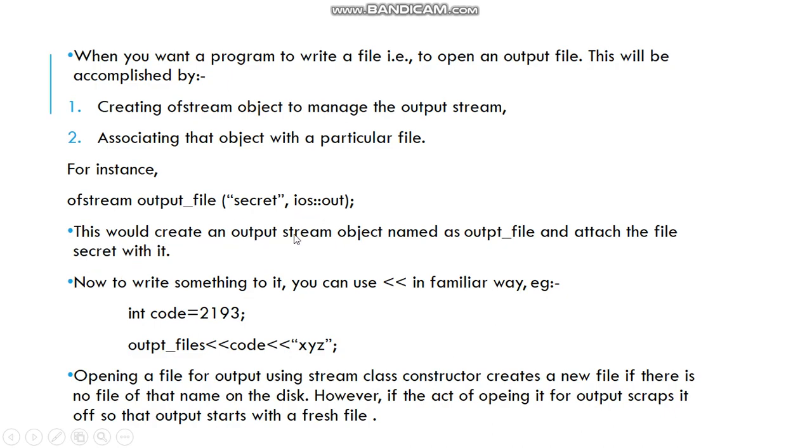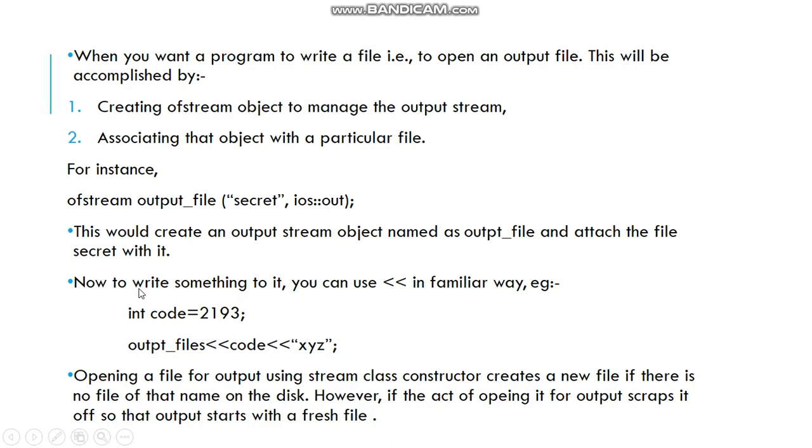This would create an output stream object named out. This is just a name given anyhow, so you can write out or output this way also, and attach the file secret with it.